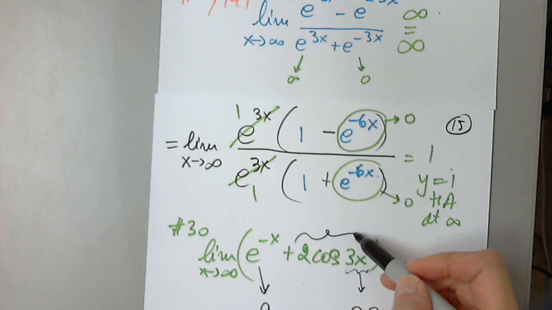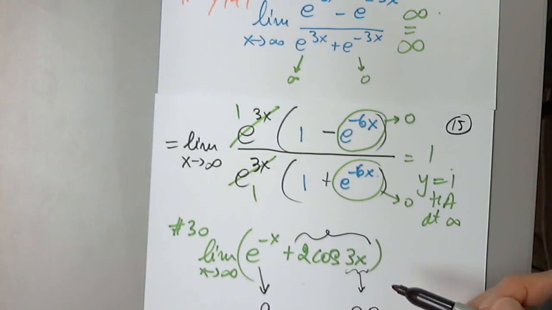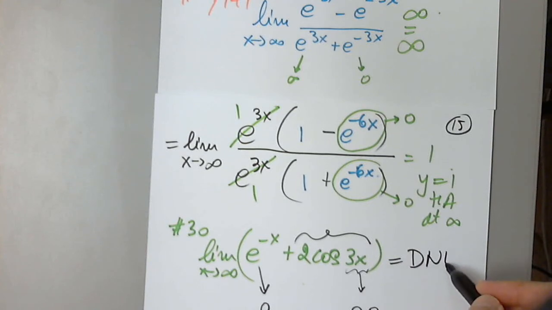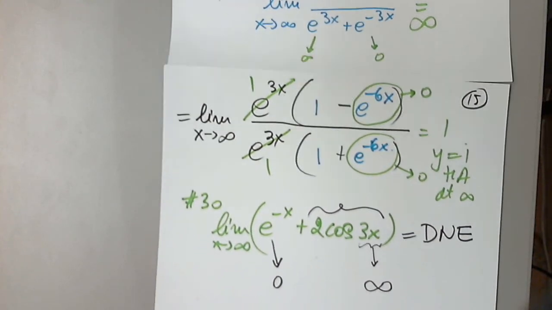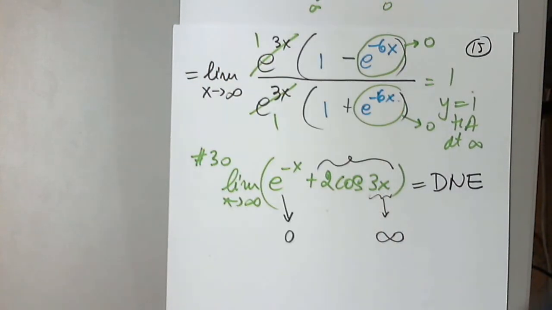Where does 2 times cosine of infinity go? Cosine does not approach a number. It will go on forever. It will not approach